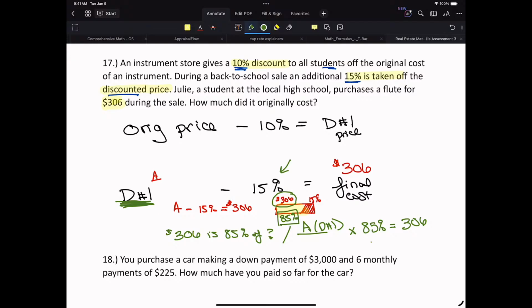Which means, and we've done this a couple times now, we got to divide by 85%. So A, that first discounted price, is 306 divided by 85%, which is